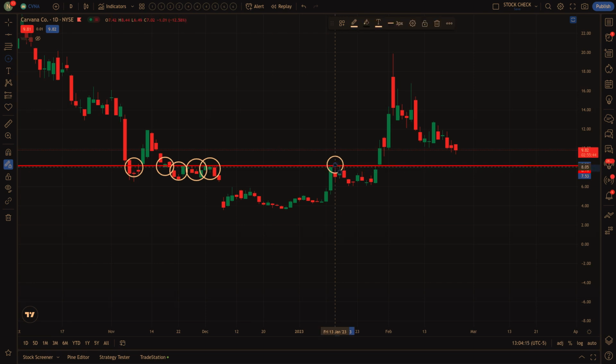And again, where I can identify that line is going to be right here at about $8.19 ish. Okay, you can go even a little bit lower, all the way down to about $7.98. So if you want a range, that would be the range for the short-term participants to wait until that